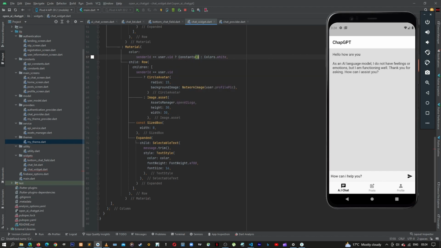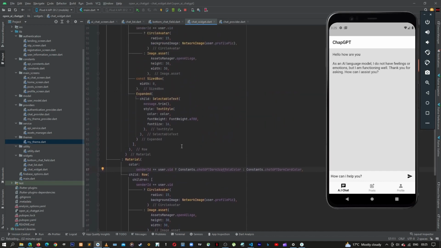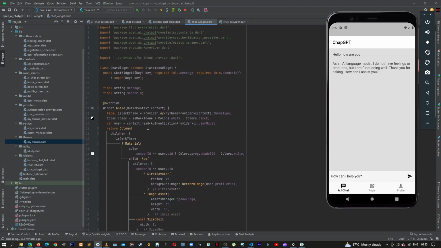constants ChatGPT scaffold background color. And then here we are going to call constants ChatGPT dark card color. Then what else can we change in here? The dark theme. I think that's about it. So the next thing to do is just to call this chat widget instead of